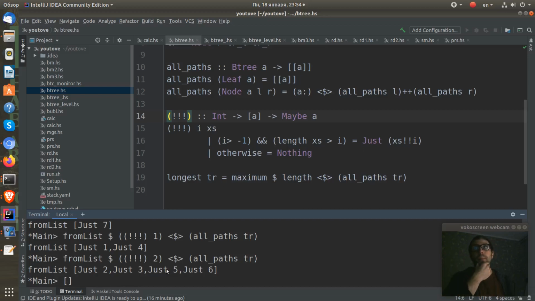Okay, and first of all, I want to create a list of our indexes. It starts from 0 and goes to the longest path of our tree, minus 1. And for each index, for all this list of indexes, I need to partially apply our safe index function,